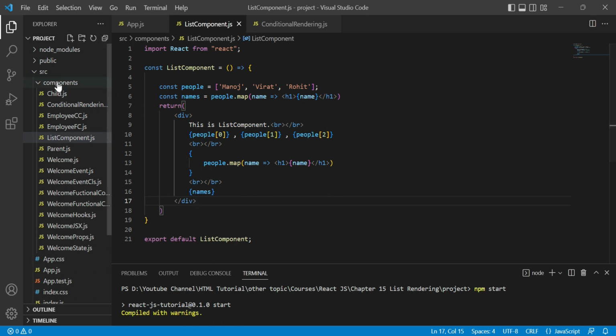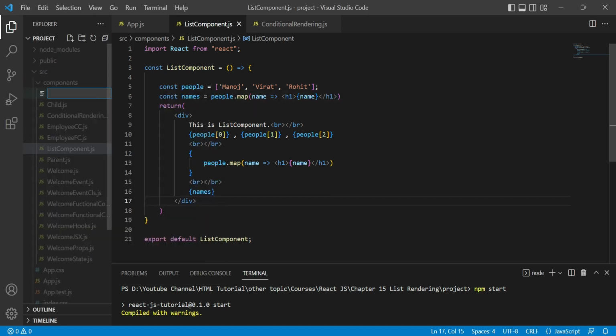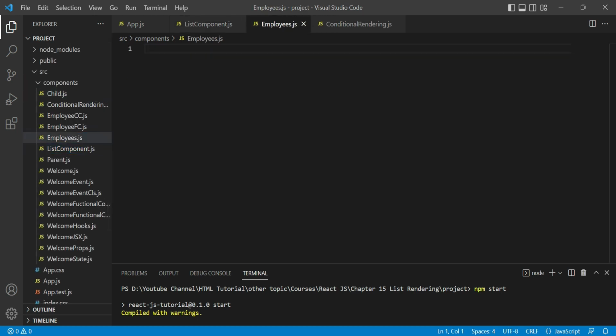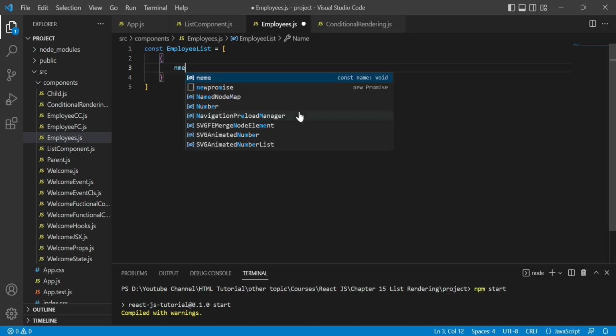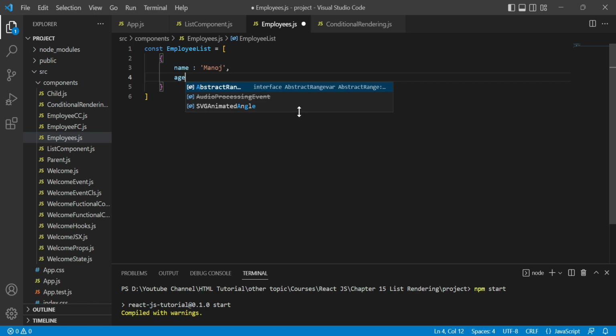Now let's create a separate file which will contain some data, and then we'll import that file in this component, and then we'll try to render the list. So in the component folder, let's create a new file. I'm giving it the name employees.js, and inside this I'll create one list. So const employeeList, and that will be an array. And now for the first, let me use the first property as name Manoj, age 29,